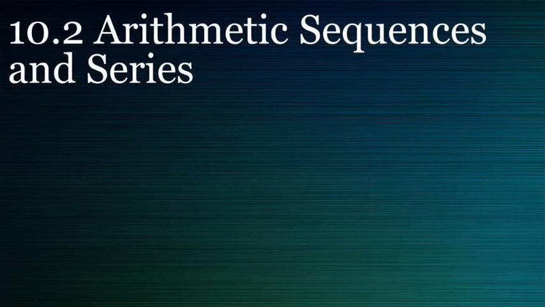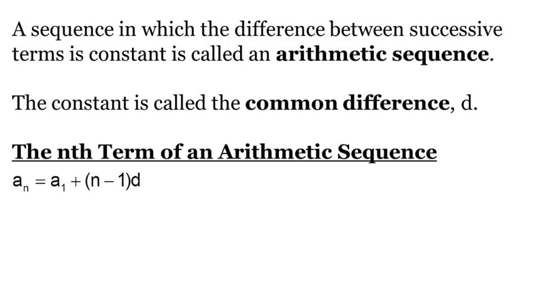Section 2, Arithmetic Sequences and Series. A sequence in which the difference between successive terms is constant is called an arithmetic sequence. The constant is called the common difference, d. The nth term of an arithmetic sequence can be found by the equation a sub n equals a1 plus n